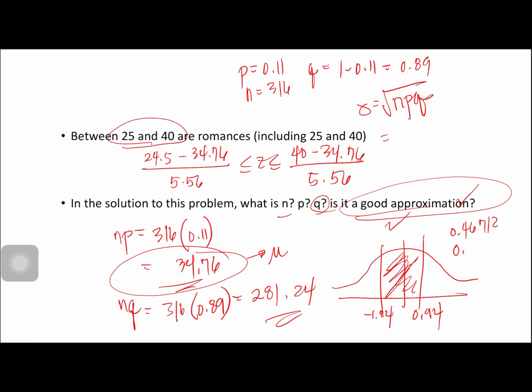What is Q of 0.94? We have there 0.32639. So we add 0.32639 plus 0.46712. We have there 0.79351. So this is our